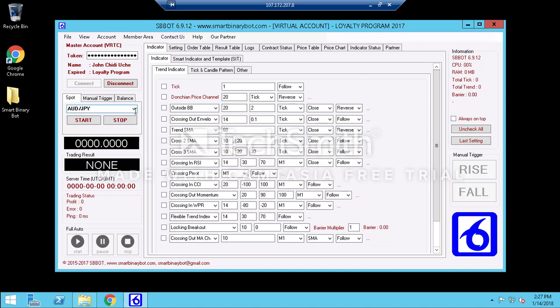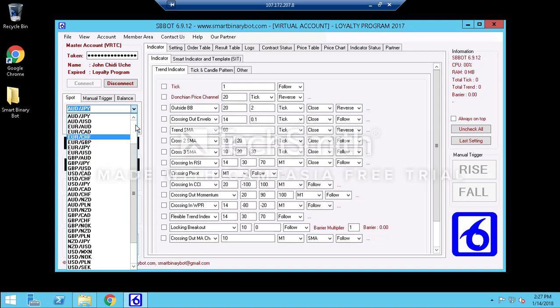This is where you can select the item you want to trade on. These are the items. Okay, volatility 100 to 10. My signal can come from 100 to 10, but it can't come from this. It cannot come from this. This is bear market and bull. It can't come from there. It can come from volatility 100 to 10, and currency from this one to down. Even from silver, gold, it can come, excluding these two, this and this.